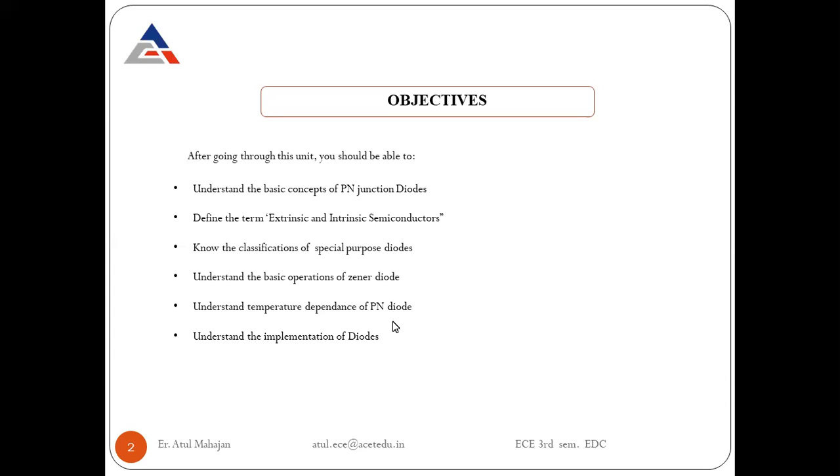And then we'll be studying the extrinsic and intrinsic semiconductors that I've already told you. Now, what is extrinsic and what is intrinsic? Extrinsic semiconductors are those semiconductors which deal with the impurity present in the semiconductor device. Now, what is the semiconductor device basically? First of all, let us know what is the semiconductor device and what is the basic utility. Why are we using only semiconductor devices? Why not a conductor? Why not an insulator?